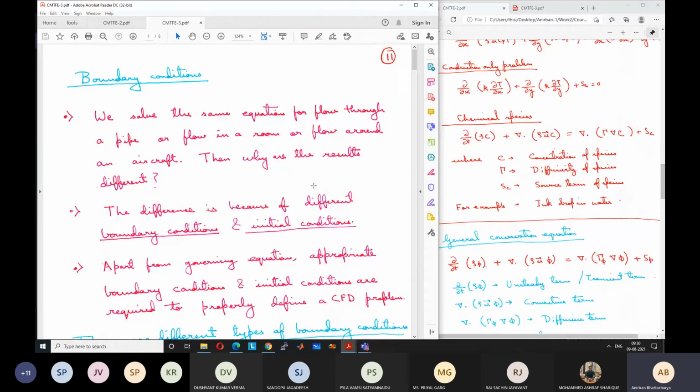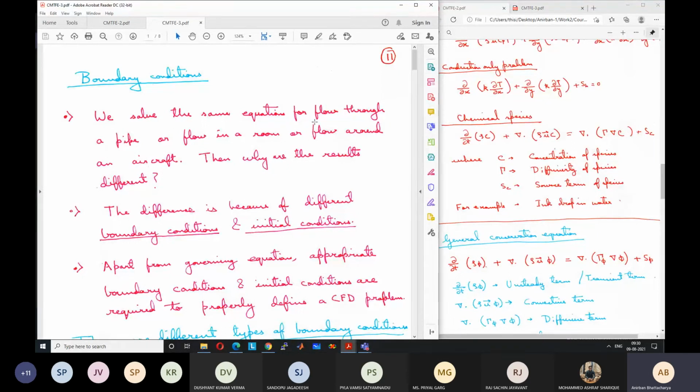Similarly, heat transfer conditions. Sometimes students make a mistake here. If they are using ANSYS, they only think in terms of inlet and outlet. They forget that all the other boundaries also have boundary conditions, but because they don't specify them directly and the software automatically handles them, they consider that there are no other boundary conditions. So remember, for all the boundaries, there need to be boundary conditions for each of the equations.